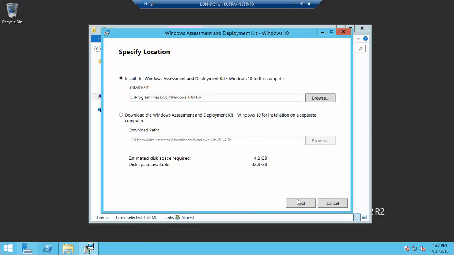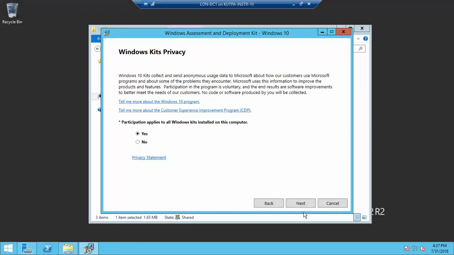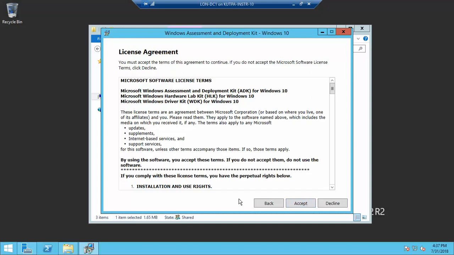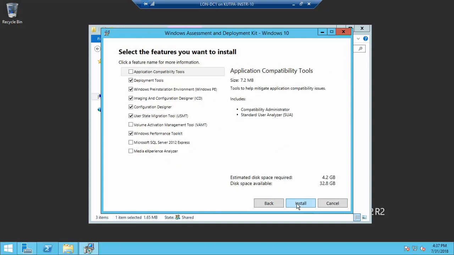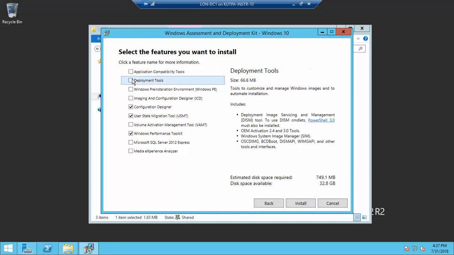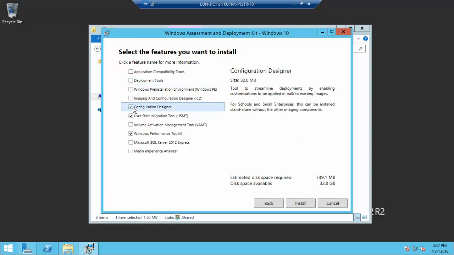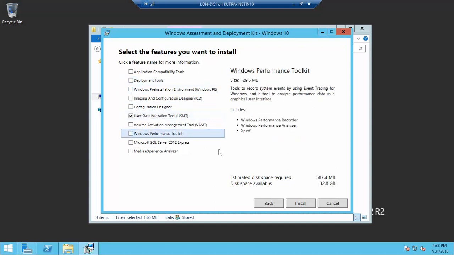Okay, we're going to click on next. No, and next. Accept. Here we want to select everything except User State Migration Tool. This is the only thing we want. And then